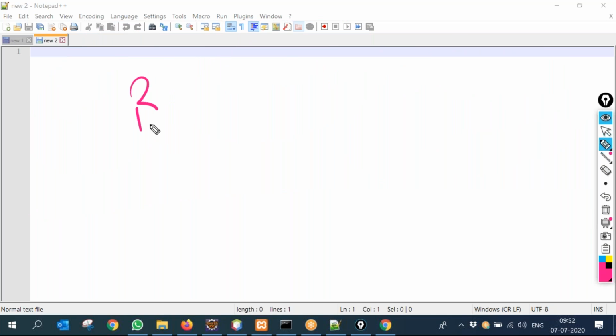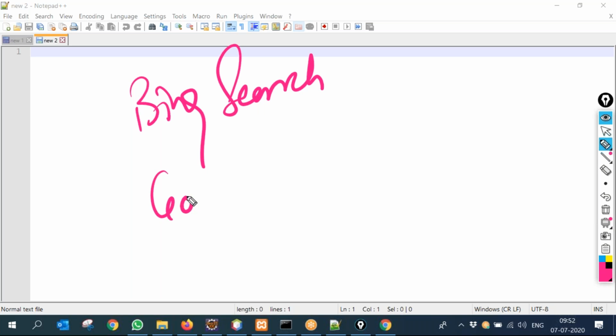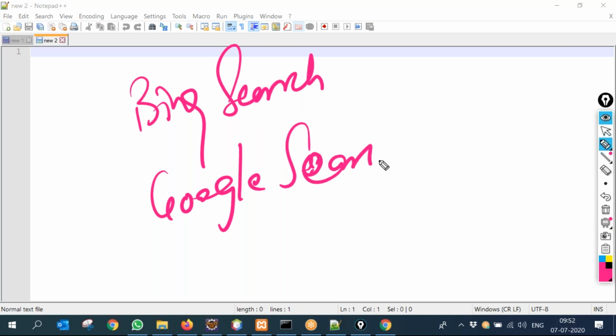Take example of Bing search and Google search. Which search do you use? Can you people tell me? Bing search or Google search. Google? Everybody? Yes. Gyan, despite being a lifelong Microsoft technocrat, he is using Google search.